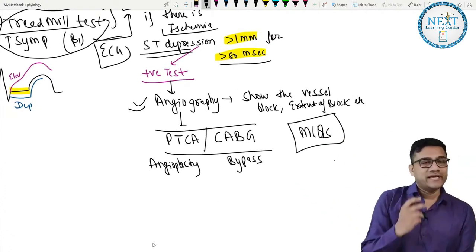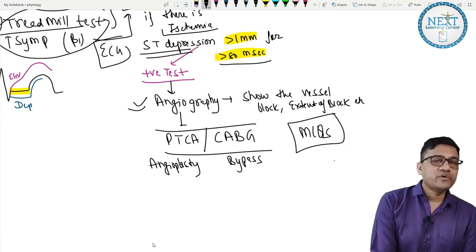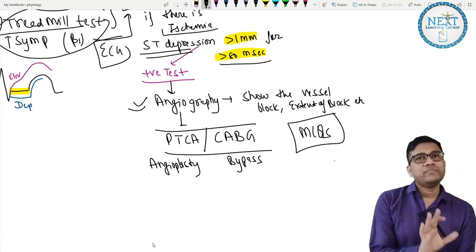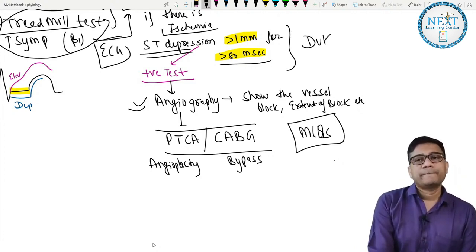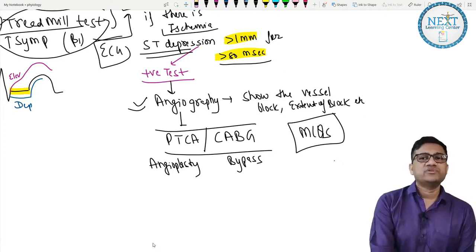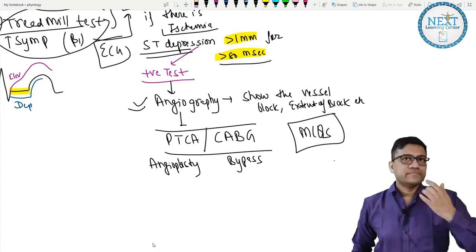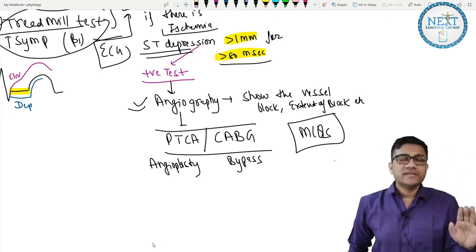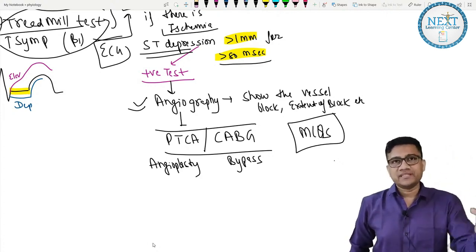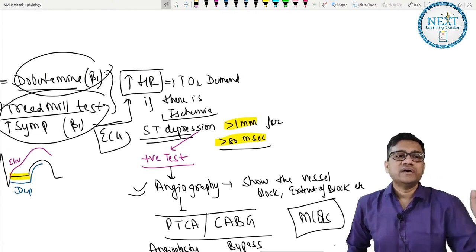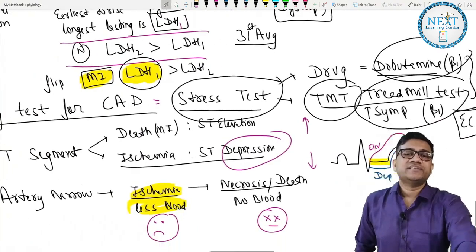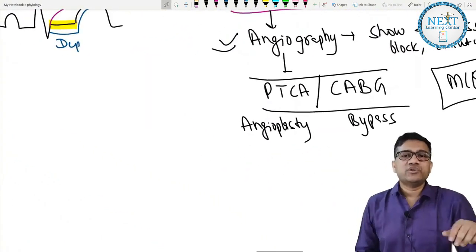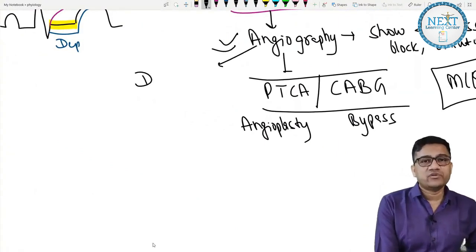Angiography, clear? In some places the cutoff can be 1.5 or 2 also, but that depends on the person. This is called Duke's scoring. I don't want to go into much detail because that is not required. You just need to know: patient with chest pain, you record ECG, and if you suspect CAD, you order the treadmill. So what is the screening test? Stress test. What is the diagnostic test? Angiography is diagnostic.